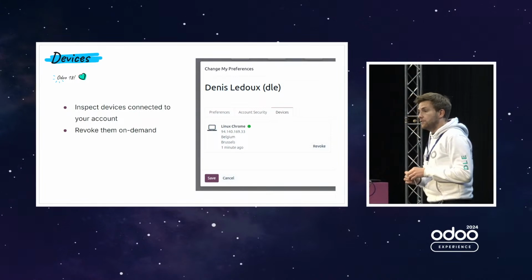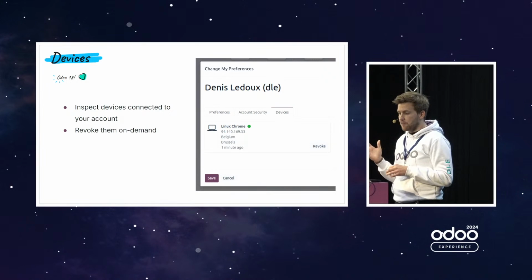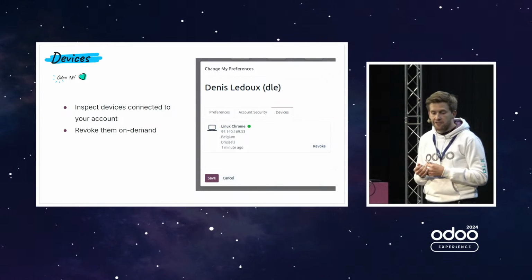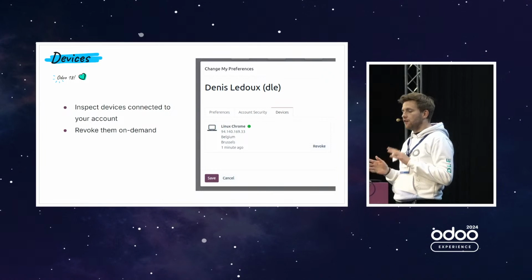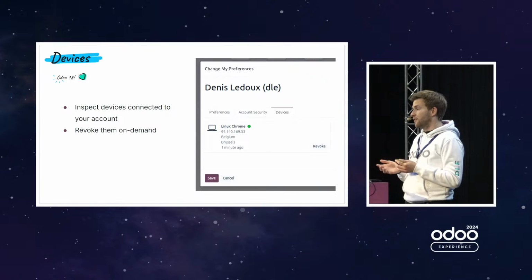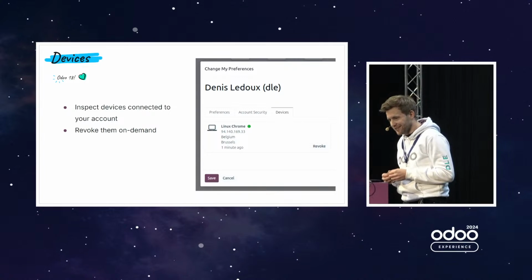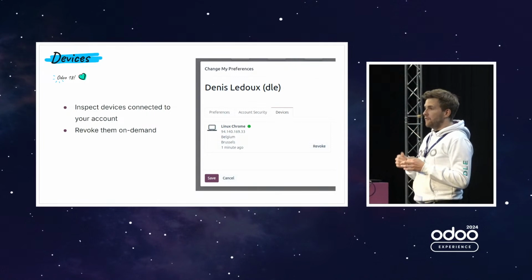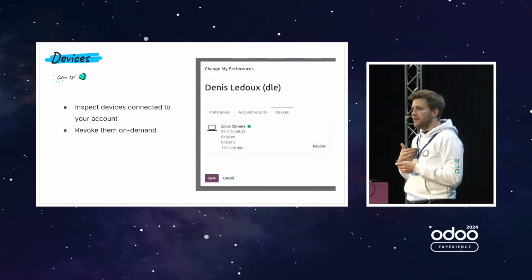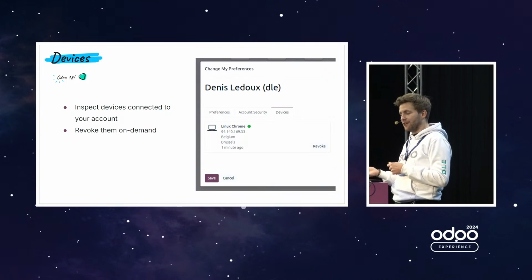What we added also into Odoo this year is the devices. So you are able to see in your user profile the sessions that are open with your login and password. You can see the IP, you can see the country, and that way you can monitor where you are authenticated, and you can revoke if something is suspicious. Of course, if something is suspicious, you should also change your credentials, like your login, your password, and everything. It's also useful for the administrator, because if the user doesn't see that there is something suspicious, we can, like if suddenly a Belgian employee has IPs from China, it's also useful for the administrator to see that something is going wrong.